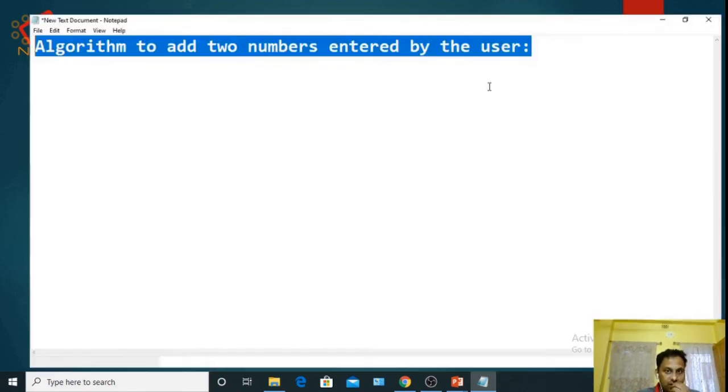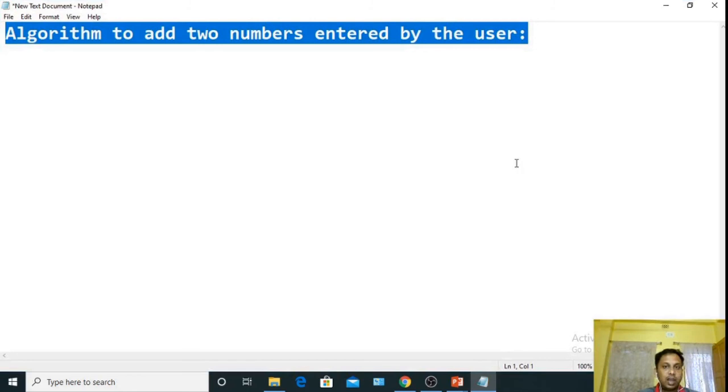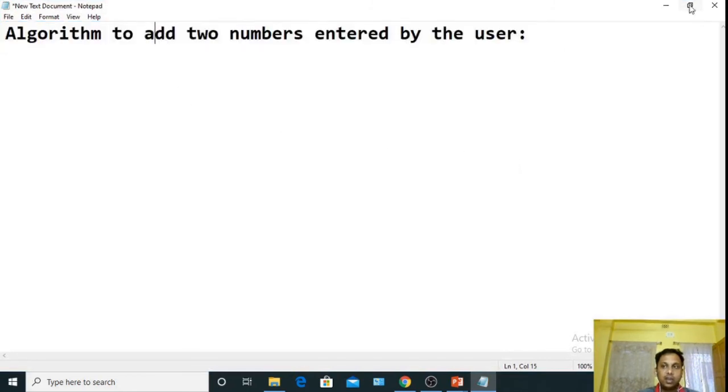So this is the algorithm to add two numbers entered by the users. Now I am just writing that algorithm. Step 1: this is the start, at first we will take the input values.